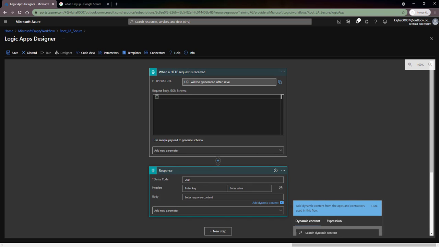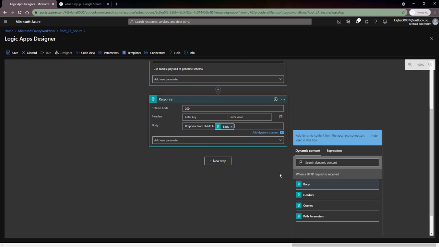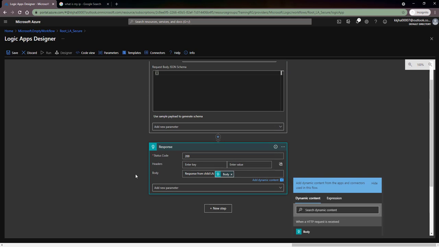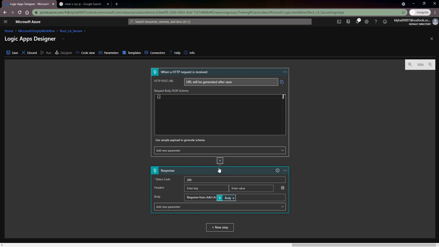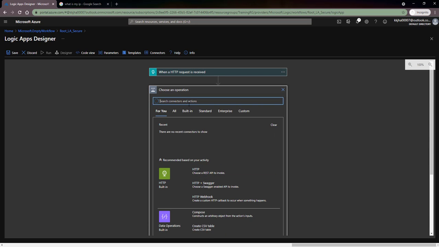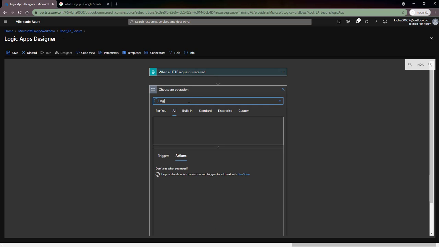And here in response I'll send a message. In the response body, I'm sending response from child LA, and I'll choose a body. Before that, I just missed one point. After receiving this request, I have to add one action, and here just search logic app.